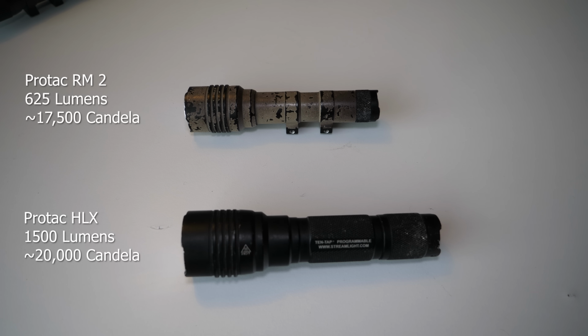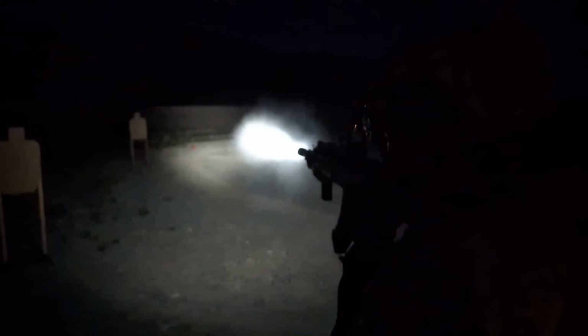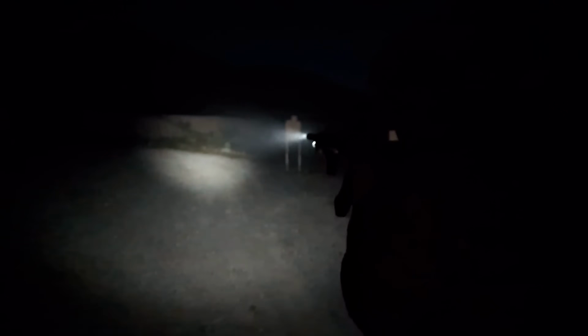Shortly after that, they released the Streamlight Protac HLX. This uses 18650s instead of just CR123s. It's a bit chunky, she's a bit large, but hey, that means she's reliable, right? And this light essentially had the same performance of the then top-of-the-line Surefire M600U. 1500 lumens, 20,000 candela, and can use either 18650s or CR123s as backups, aka dual fuel, which has a slight